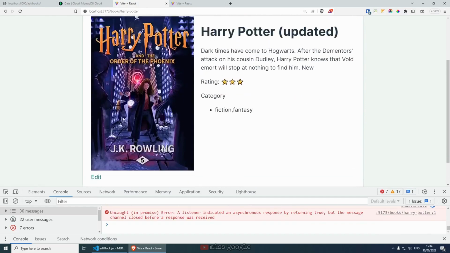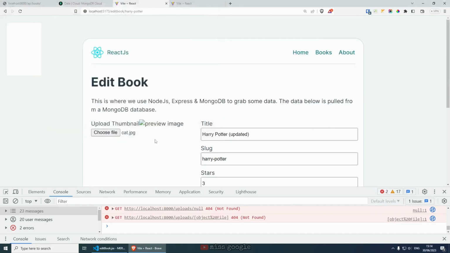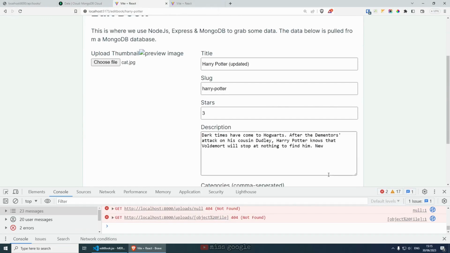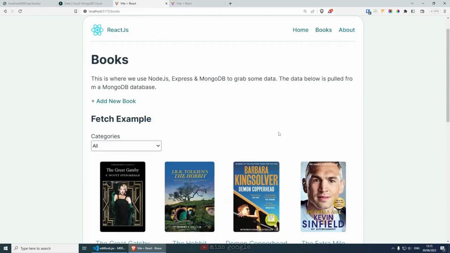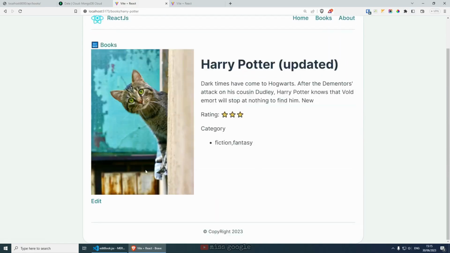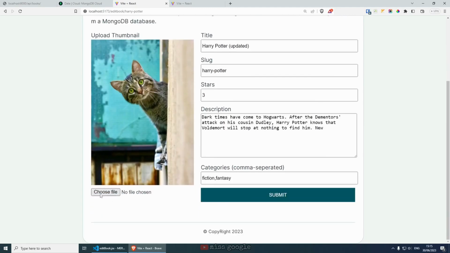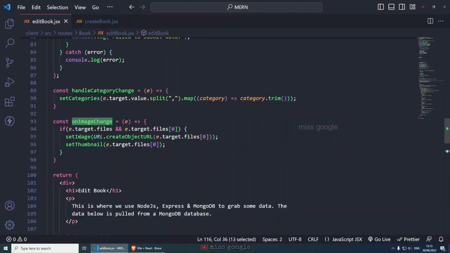If I wanted to update the image as well, I'm going to add the cat here. It's breaking the preview, which we can potentially fix. But now if I submit it successfully, as you can see, Harry Potter has updated the cover here. It does break it when I choose a new file. Yep, and this is because potentially,